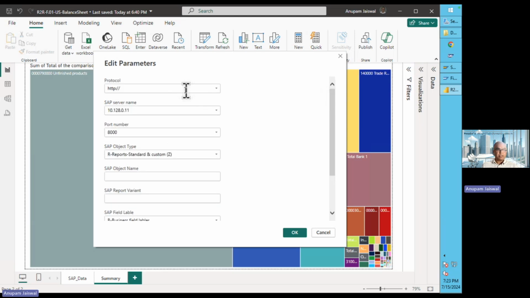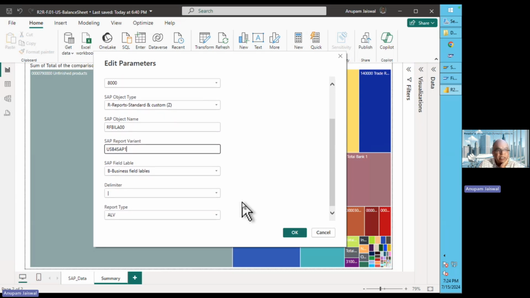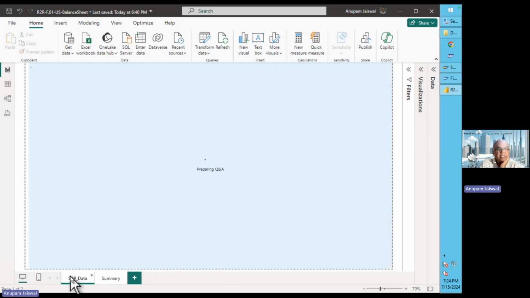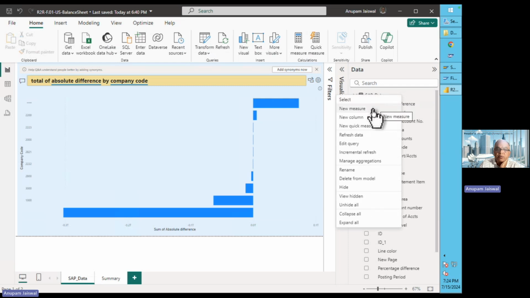Let's quickly walk through this. What we are going to do is to put in this SAP server name, and then select report, which is this, and put in the name RFBILA00, and the variant which we had selected, USB for SAP 1. I think the rest of the fields I will leave as is and just do OK. So now it is going and it has fetched the data by running this report